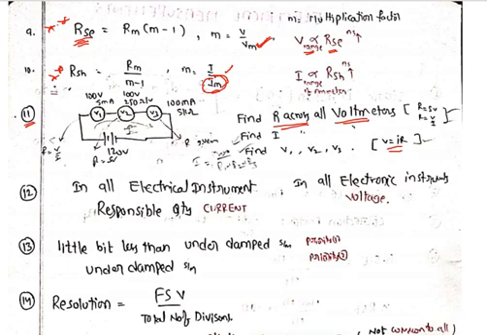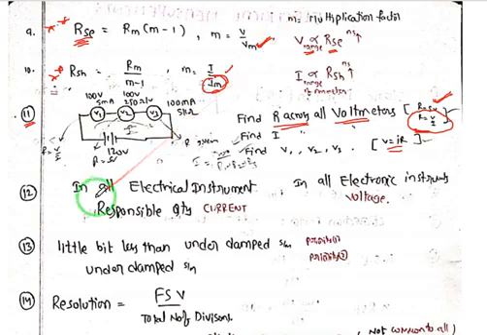They will give you the values, what the sensitivity is and what the voltage is, and we have to multiply that. If they ask you the resistance here, what will you do? R equals V by I, voltage given 100 volts by current given 5 milliamps. Simplify that and you will get the R value. That is one method. Another method: if they give voltage and current, we use R equal to V by I; if they give the sensitivity, we use R equal to SV. Like that also we can solve the question.